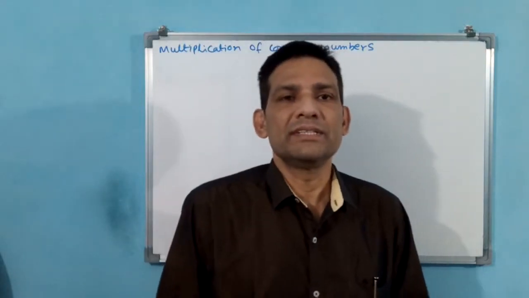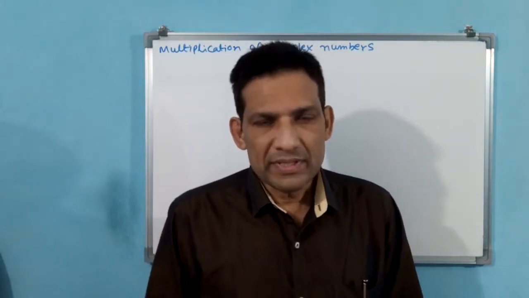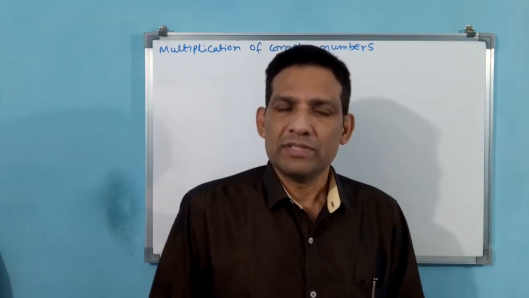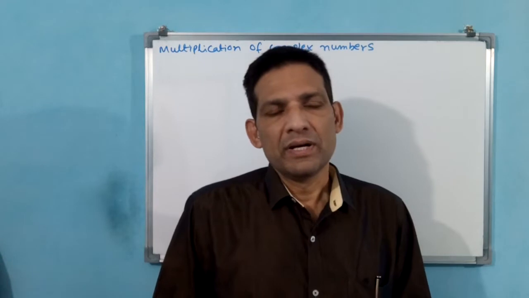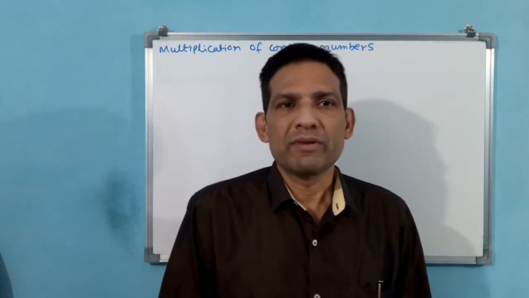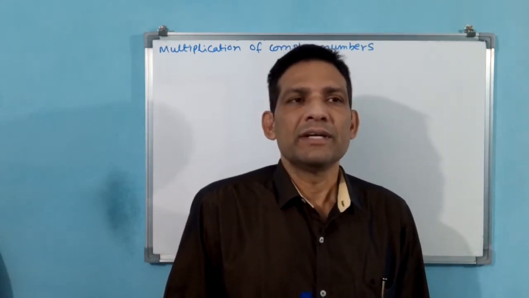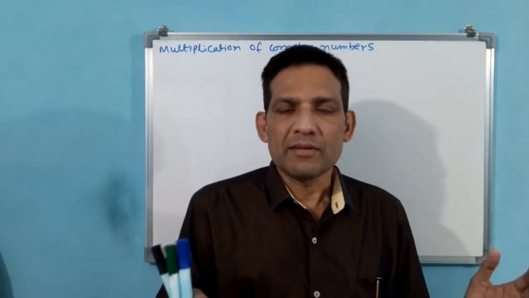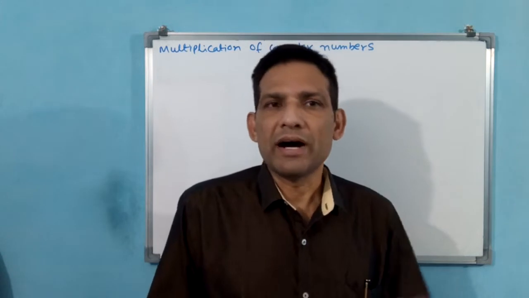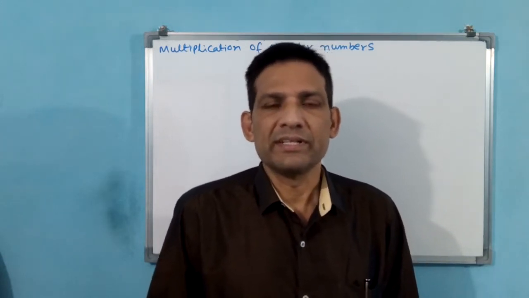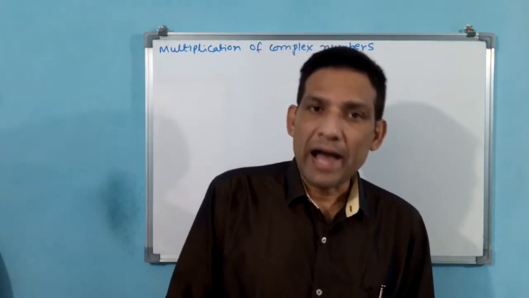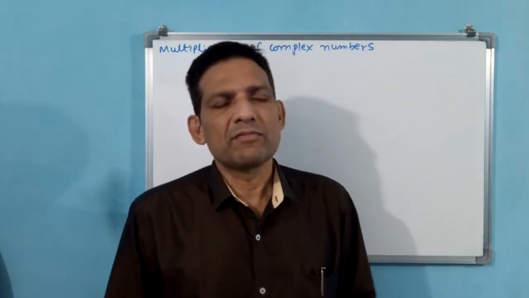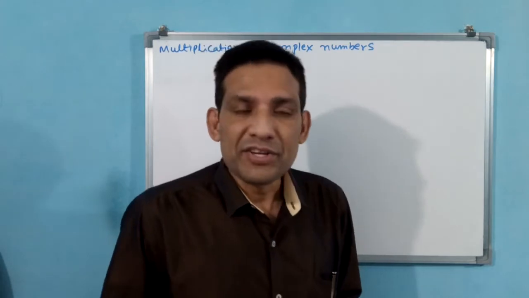Okay, dear students, we are in the complex numbers chapter, NCERT Class 11. In the last class, we saw what a complex number is, how we came to complex numbers from quadratic equations, and also the parts of a complex number: real part, imaginary part, how to represent it, and what the value of i square is. Then afterwards, we saw addition of complex numbers.